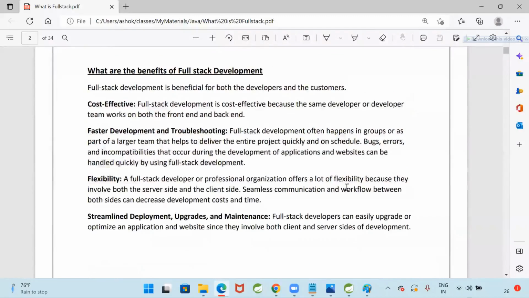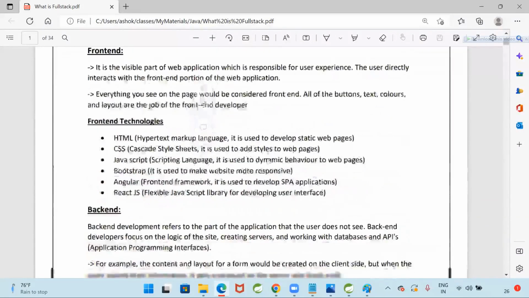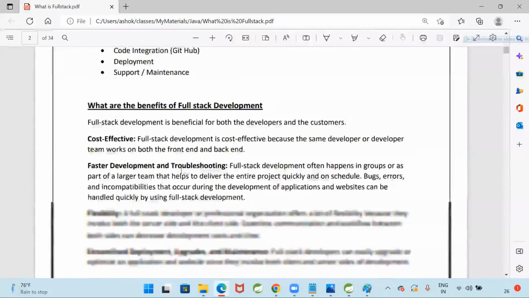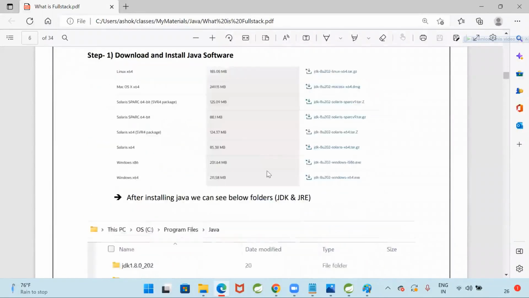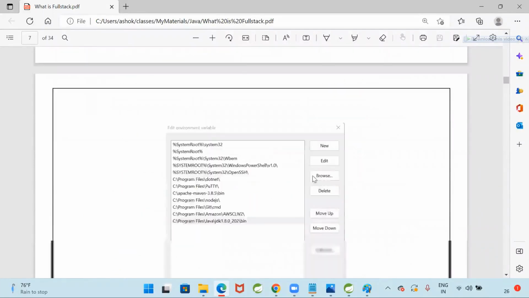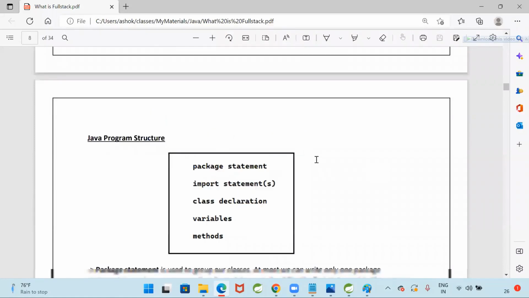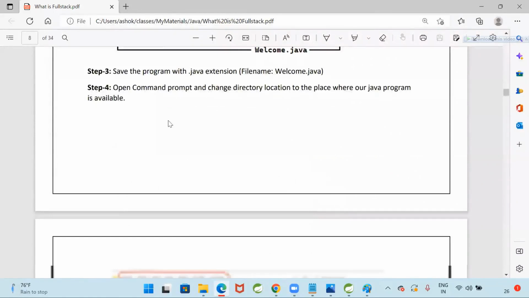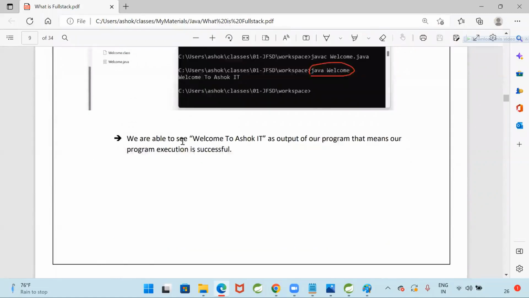First I have given what is full stack development, the introduction part. And here I have prepared chapter 1 notes, unit 1 notes, completed already. What is Java and Java features with diagrams, the complete theoretical part, how to install Java and set the path for Java, Java program execution flow and programming structure. Whatever I am discussing in the class is my handwritten material. How to compile the program, how to run the program,